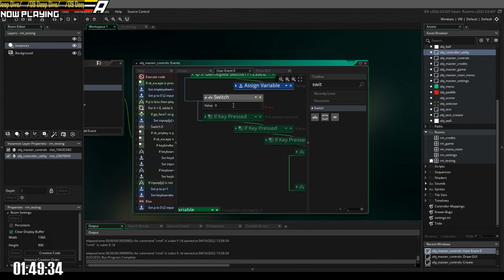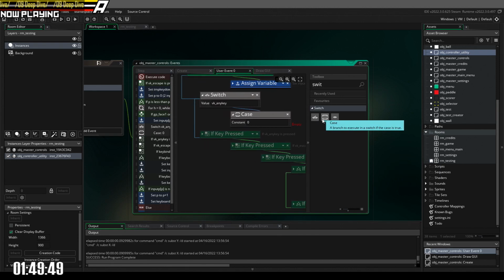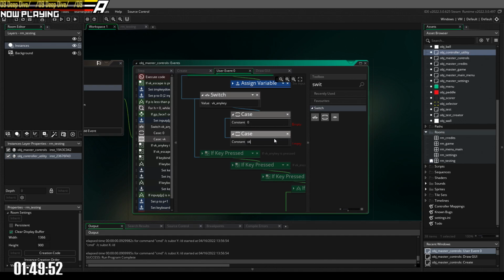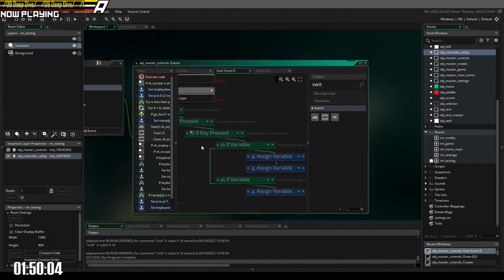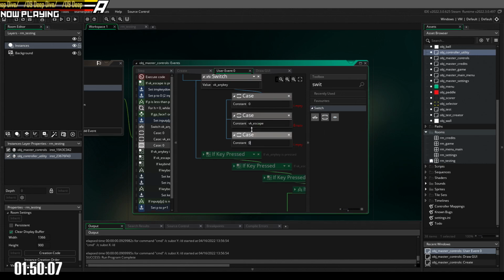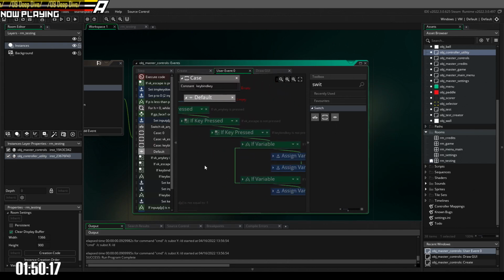I want to go with VK any key. That basically is if any key is being pressed. In the case that it's 0, empty, nothing happens. In the case that it's, what is it? VK escape? Yeah. In case it's VK escape, nothing happens. If the case 9 key, nothing happens. And in all other cases, which is the default case,